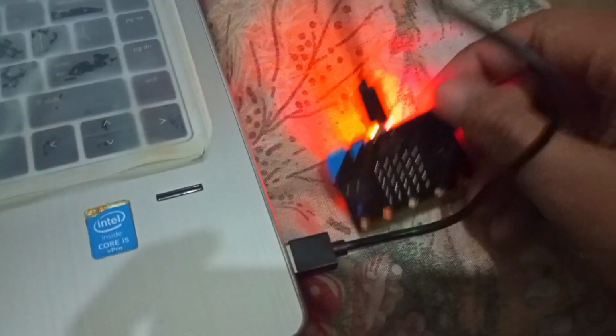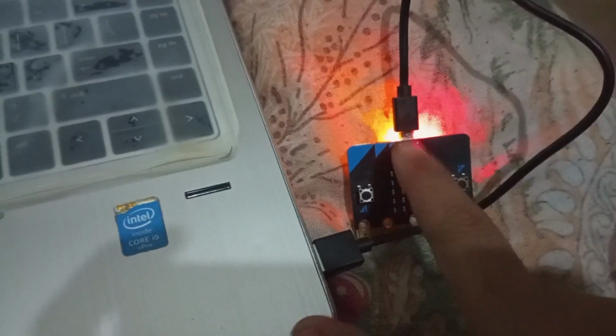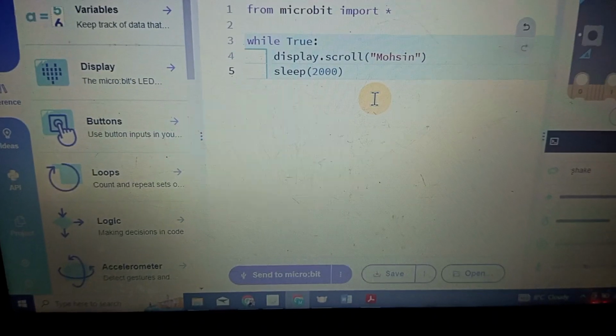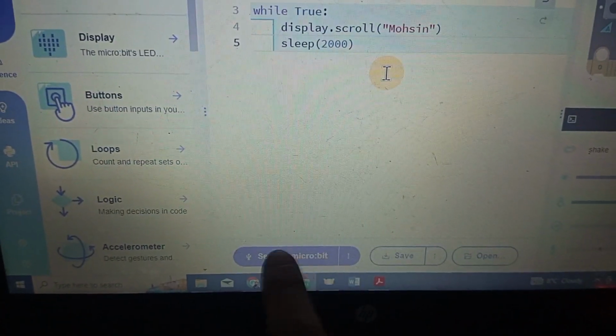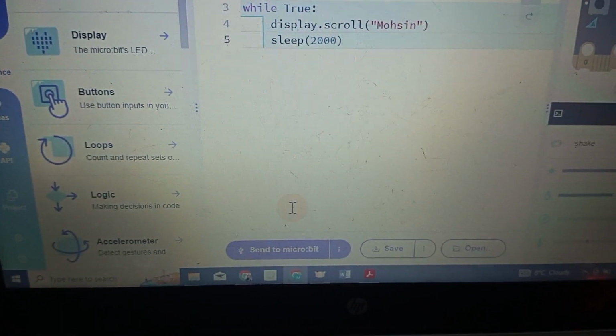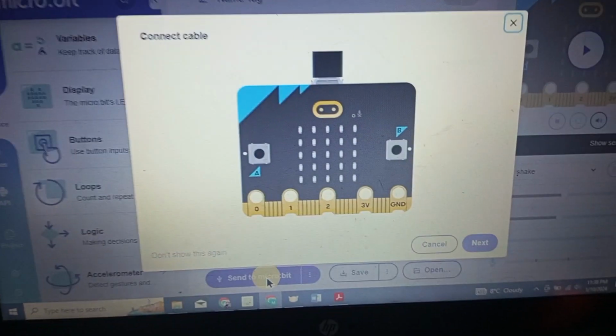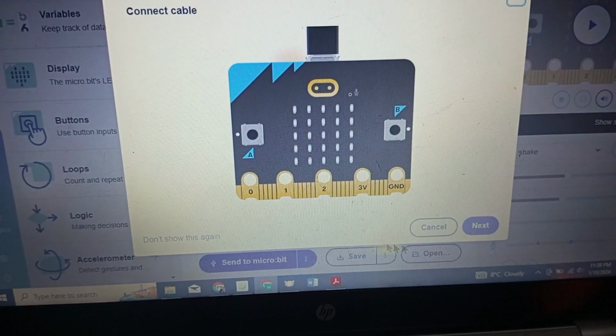So I am connecting the Microbit USB cable with my laptop, and here you can see it is connected. And now let's download the code. This is the code we have just typed, and we have to click here save to Microbit button and then click on next. Here next,